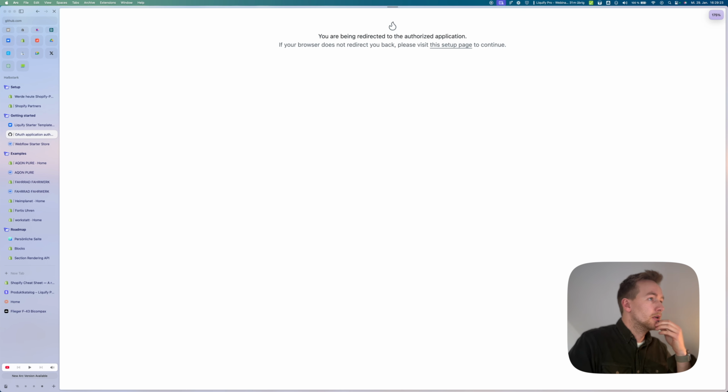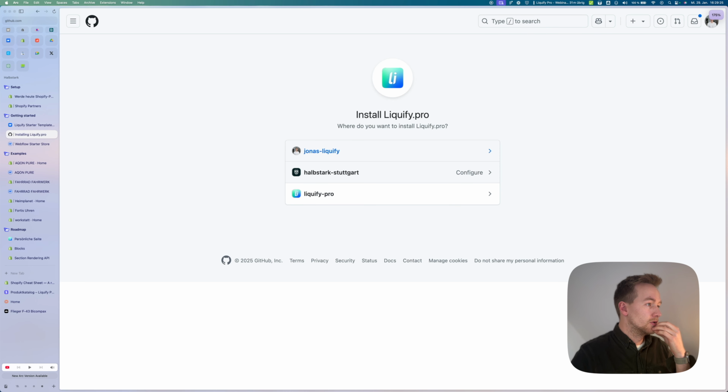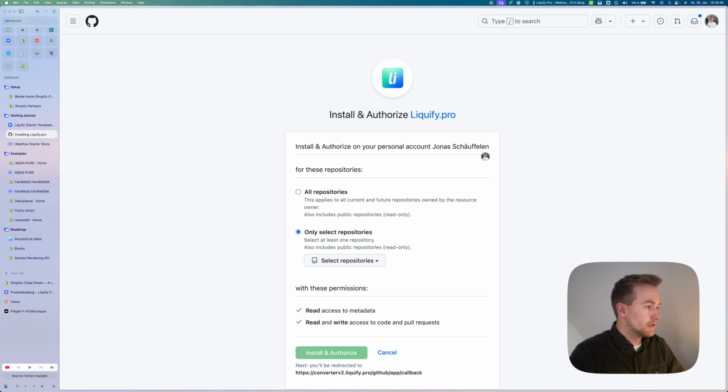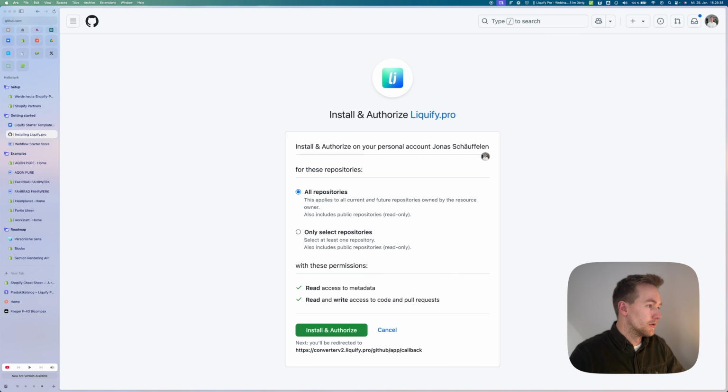Just hit authorize. Choose which account you want to connect. Currently, we only support one account, not organizations, but this will change in the near future. And then you select the repository you want to connect to. So I always have all repositories because I only use it in terms of